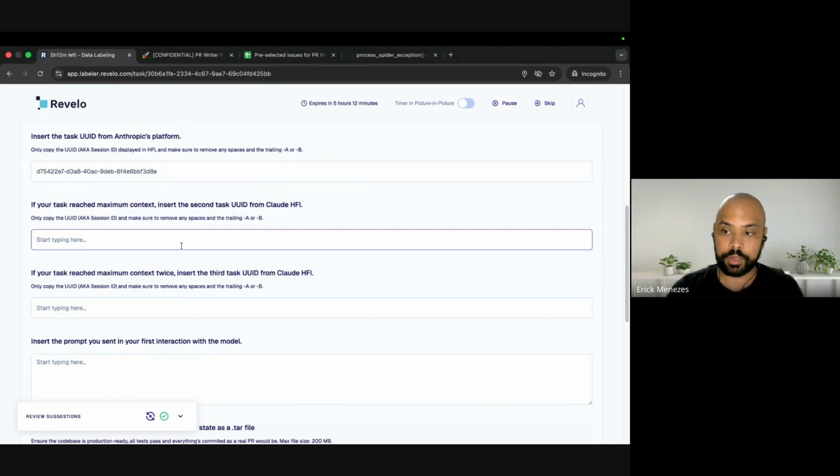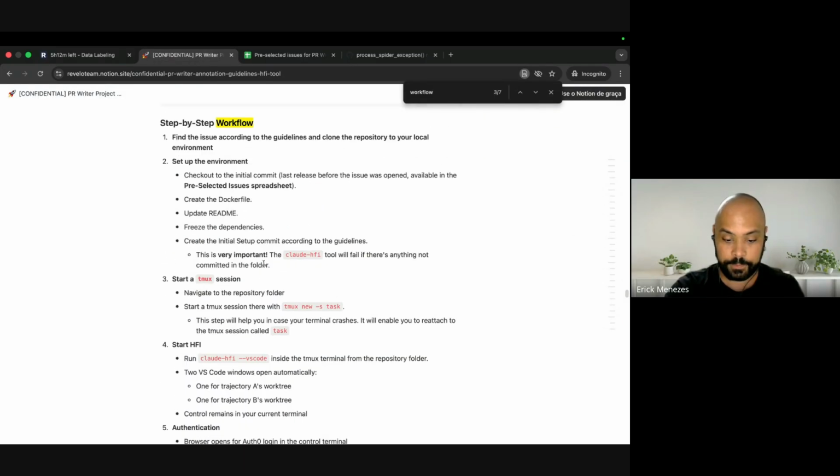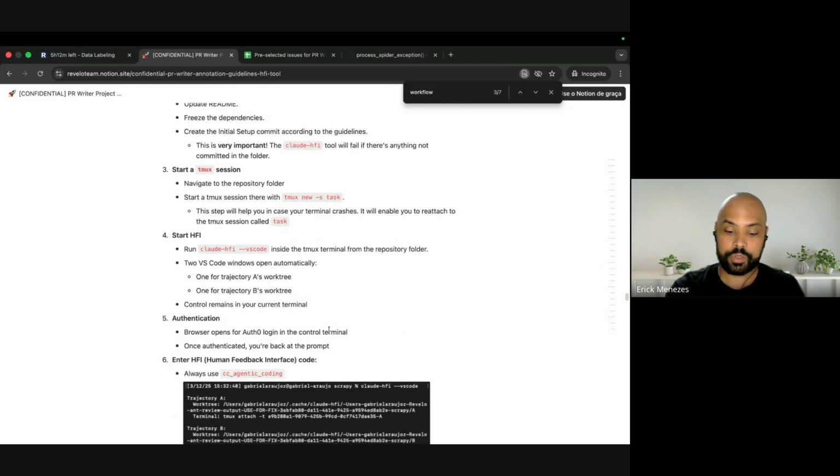Sometimes the model can give you a message about low context, or sometimes it crashes, or the computer crashes, something crashes. You can resume your previous session. If you're using Tmux, this is why it's important to install Tmux and to follow this step here. So you can resume your previous session.